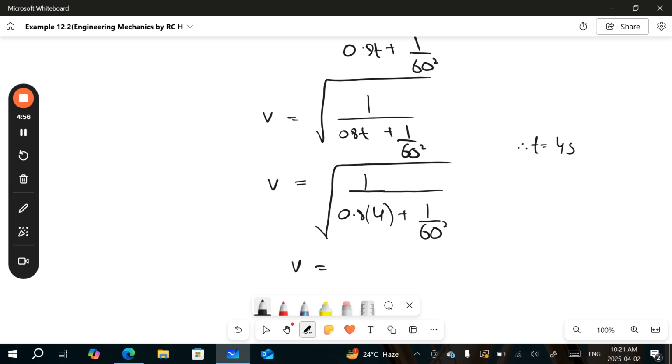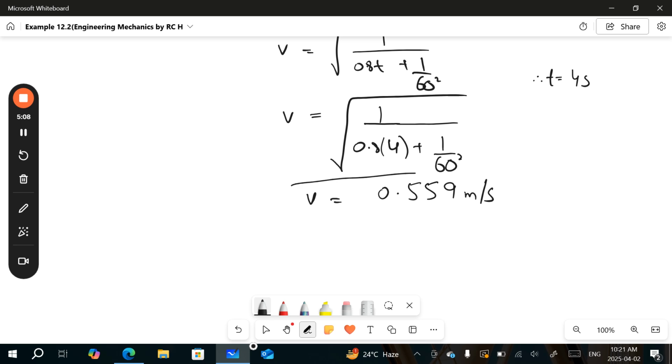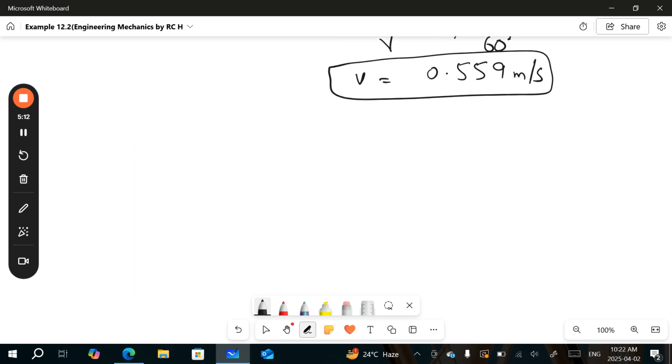I am writing directly the answer, you can calculate step by step. So velocity becomes 0.559 meter per second, and this is the final answer for the velocity. It has also asked to calculate the position,